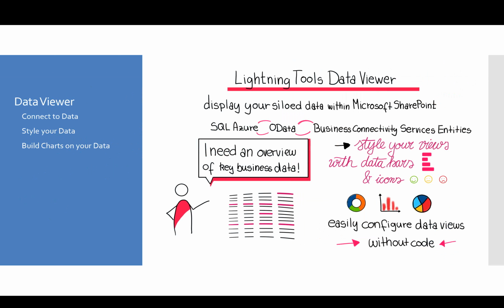So really the data viewer is about connecting to siloed data. So it might be that there's lists in different team sites, or there's also external data sources, and those external data sources might reside on premises, or they might also reside in the cloud. So we can connect to them. So if you wanted to connect to a SQL database stored in SQL Azure, then you can do so. So if you have any line of business data that is housed there, you can connect to that very, very easily